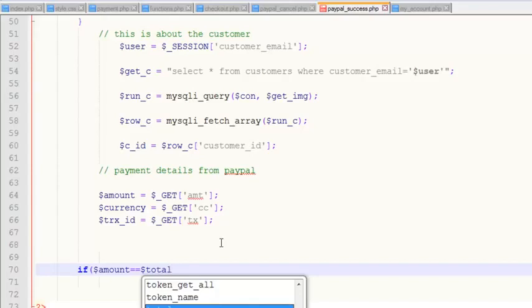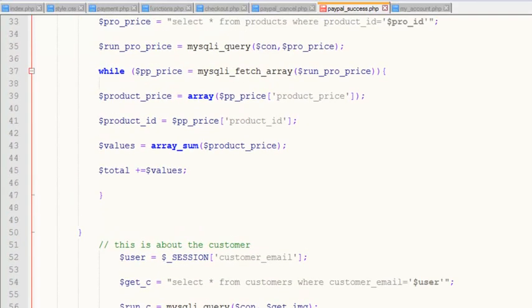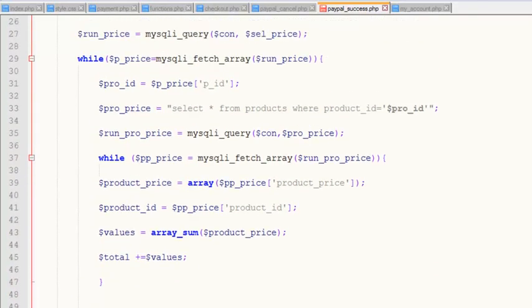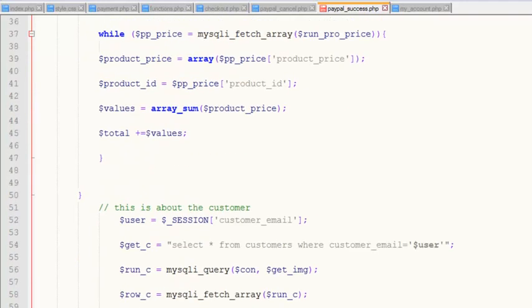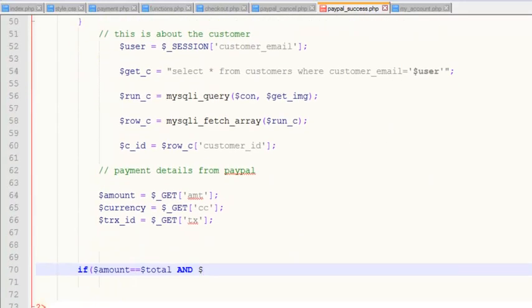We will say if that is equal to that, then inside the two brackets we will write,